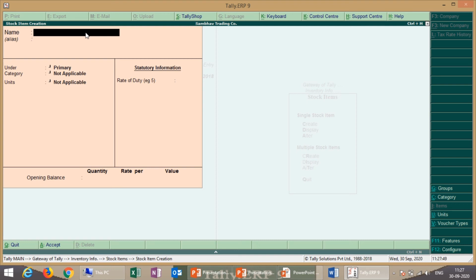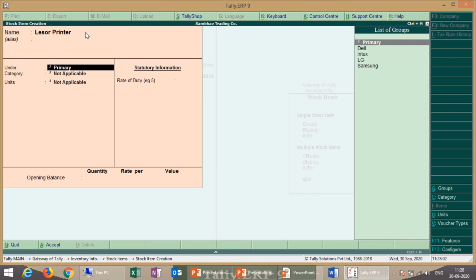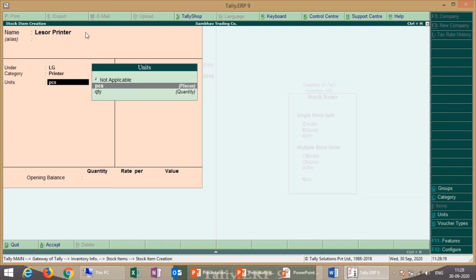Just like we create a stock item of printer. So the name of the printer, just like laser printer. Under LG. Okay, category for the printer, that is we created the category printer.